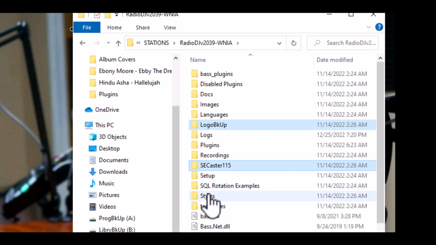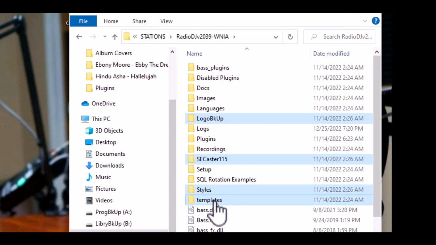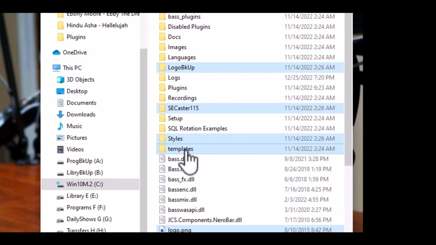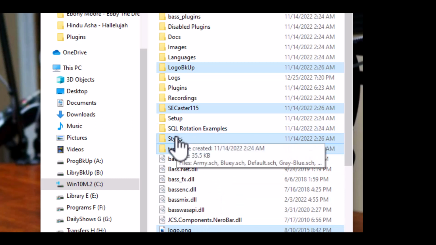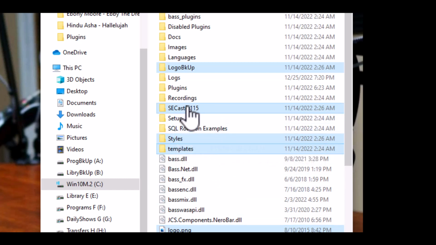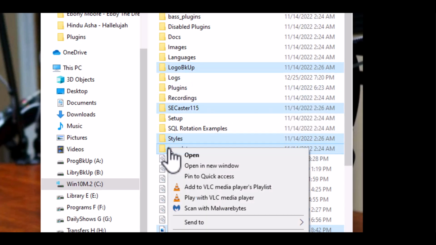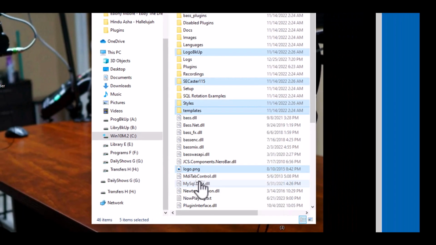And I'll just copy the styles, all the styles. I'm going to copy the styles folder. Heck, I'll copy the templates folder. Oh, you know what else I need? But I can't do it right now. I need the say time files. So I'm copying the logo PNG, the templates folder, the styles folder, the SE caster folder, and the logo backup folder that I just used for backup. So I'm going to copy all of that,